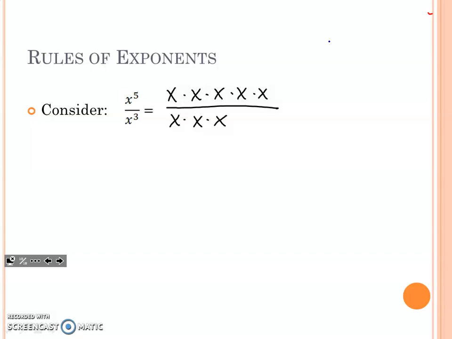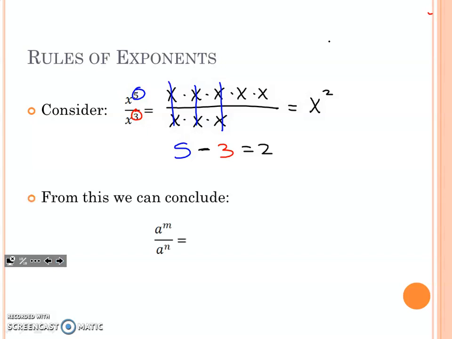Now, when you started working with fractions, you learned that you can cross some things out. So these x's would cancel, these x's would cancel, and these x's would cancel. When I do that, I'm left with an x squared. So if I have a 5 and a 3, how do I get to a 2? Hopefully you can look at this and say, well, you would need to subtract. So the quotient rule says, again, if they have the same base,